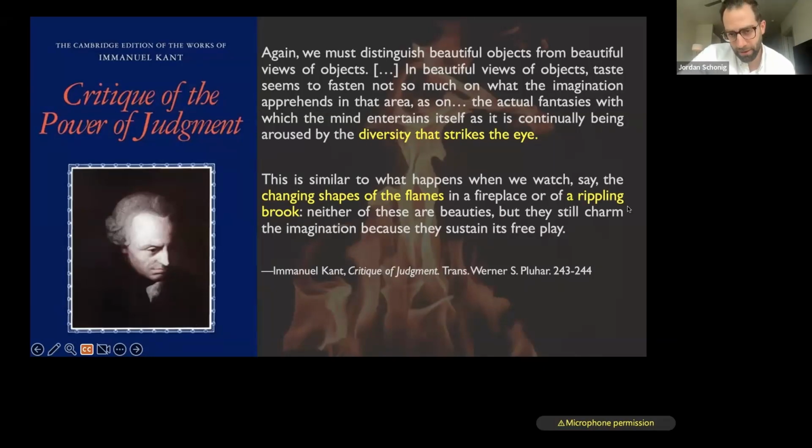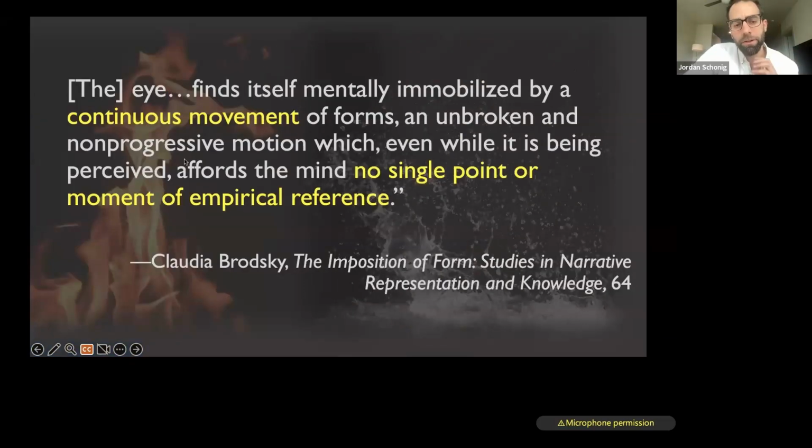This is similar, he says, to what happens when we watch the changing shapes of the flames in a fireplace or of a rippling brook. Neither of these are beauties, but they still charm the imagination because they sustain its free play. So to clarify, because it's a difficult passage, I want to draw on a reading of this passage from Claudia